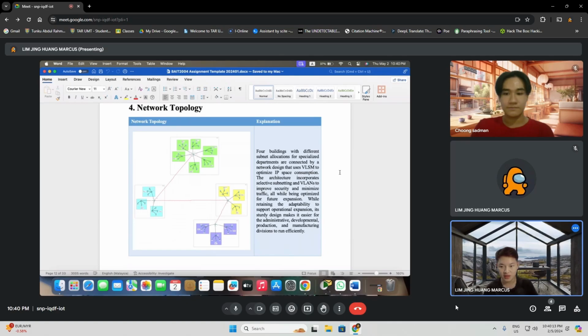So I'm Marcus and I'm going to talk about the network topology part. As we can see, this is an outline of the network topology designed by us, and I've separated them by colors. So the green color is